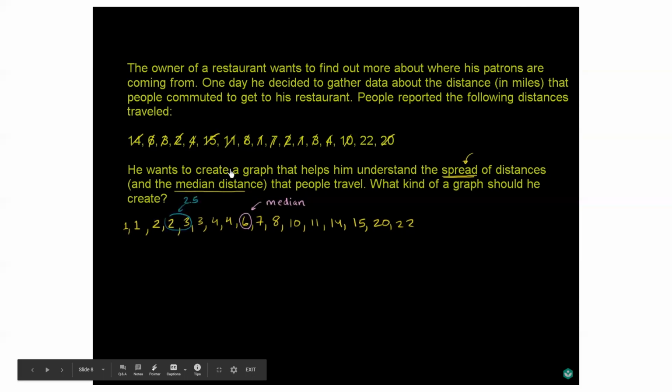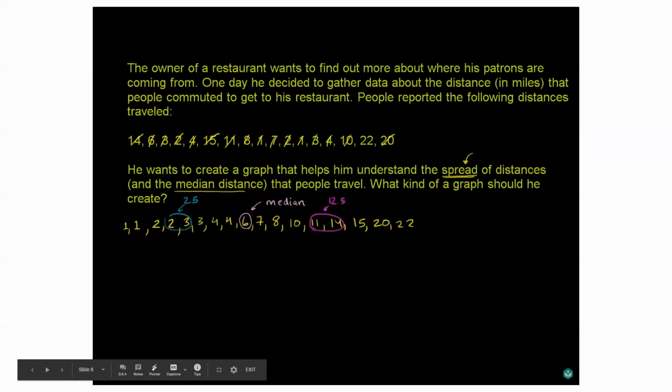And then the middle of the top half, once again, we have 8 data points. So our middle two numbers are going to be this 11 and this 14. And so if we want to take the mean of these 2 numbers, 11 plus 14 is 25. Halfway in between the two is 12.5. So 12.5 is exactly halfway between 11 and 14. And now we've figured out all of the information we need to actually draw our box and whisker